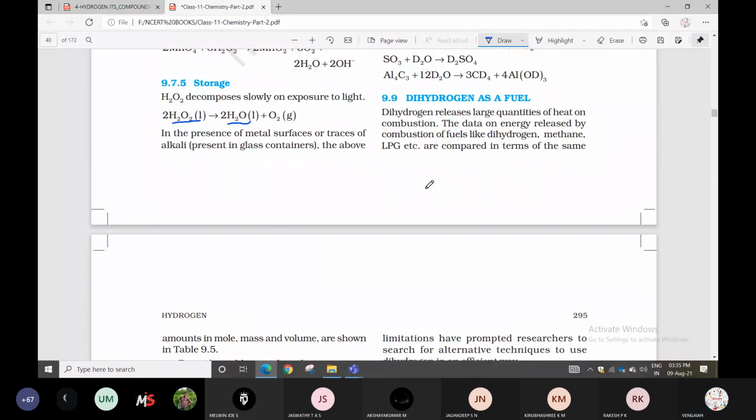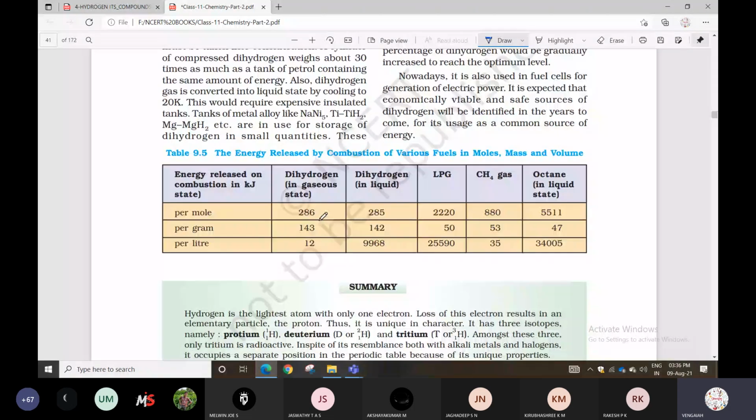For 1 mole, how much energy is released on combustion of dihydrogen in gas form, in liquid form, and in LPG and methane and octane. They have given all of these per mole. Nowadays it is also used in fuel cells for